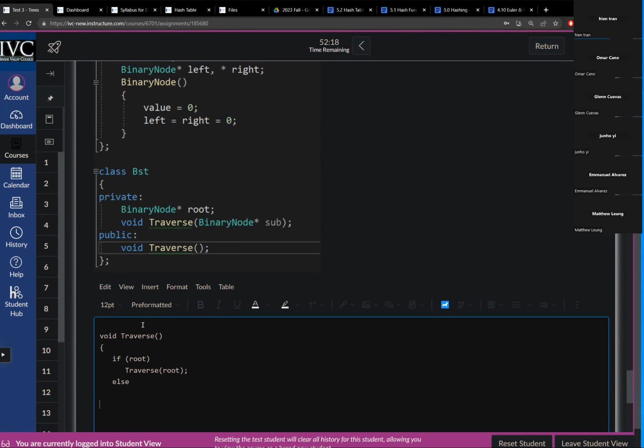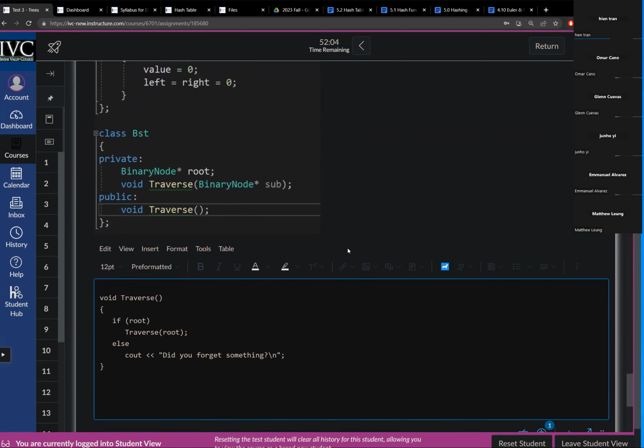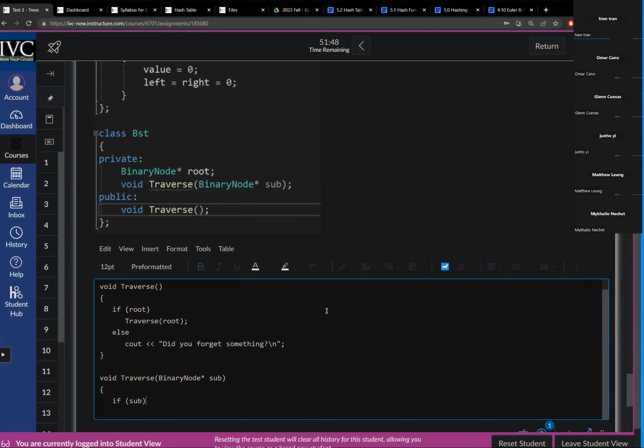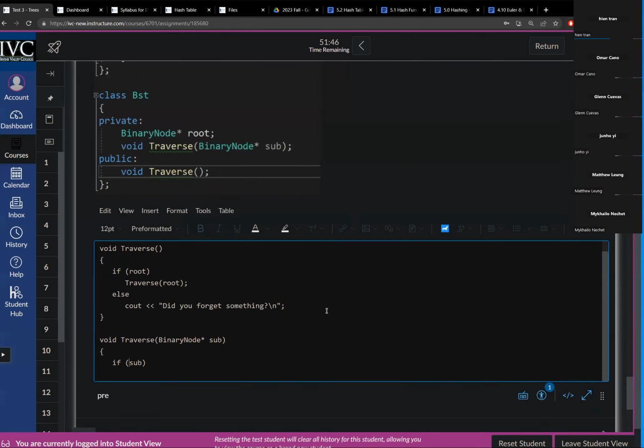All right, otherwise, a message. Whatever it is, don't much care. Then we have binary node star subtree. If not sub,